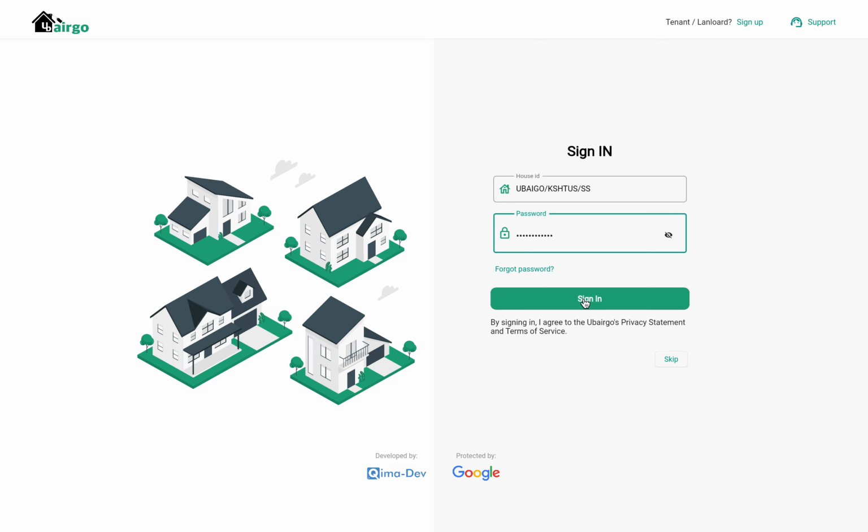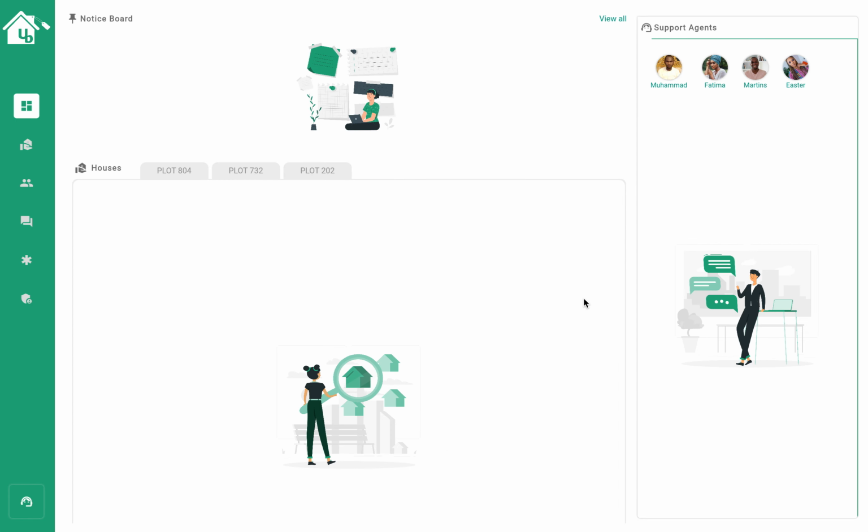Well, we sign in here. On Ubairgo, when you are signing in as a landlord or tenant, I believe here I'm signing in as a landlord. I have some houses within my own dashboard. On the dashboard, you can see there's a notice board here at the top. On top of the notice board pane, users within the system actually see notice information, broadcast information within the system